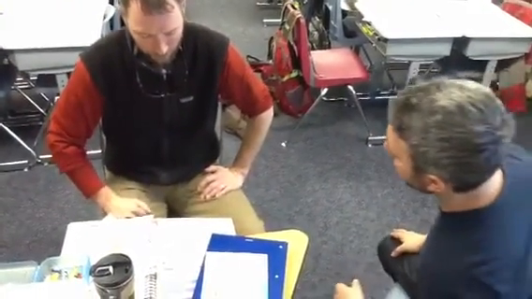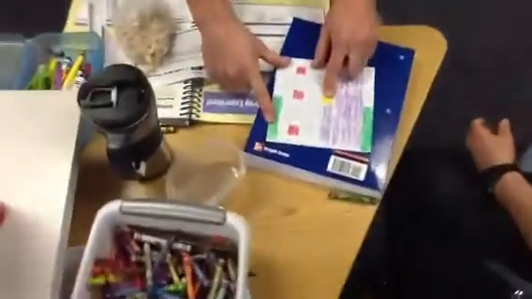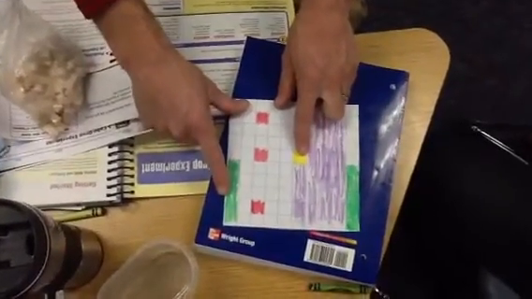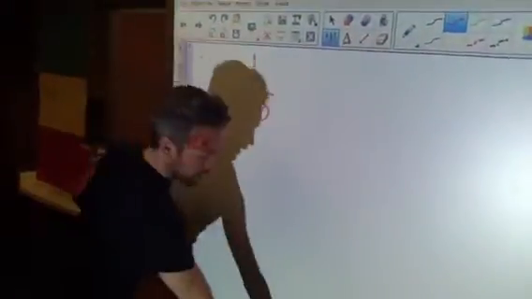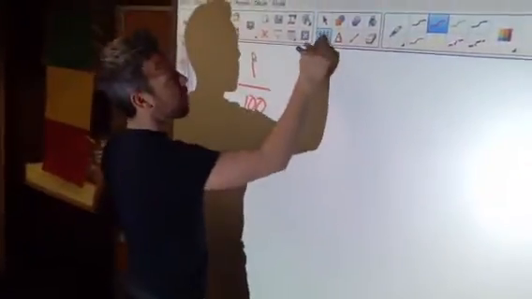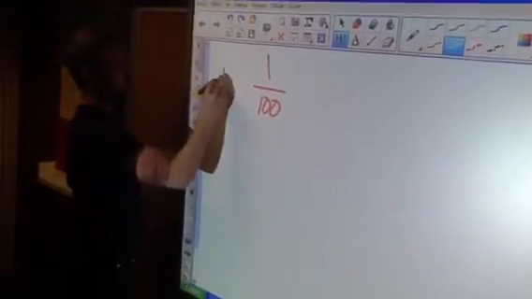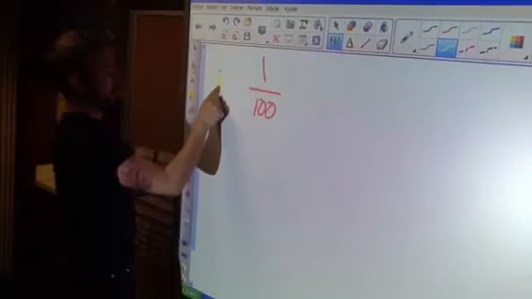Alright. Well, I'm just looking at our chart here, and I know with only one yellow, I don't have a very good chance, and I can tell you I have a 1 out of 100. Okay, let me write that. 1 out of 100, for yellow. But you know what? They understand this perfectly.